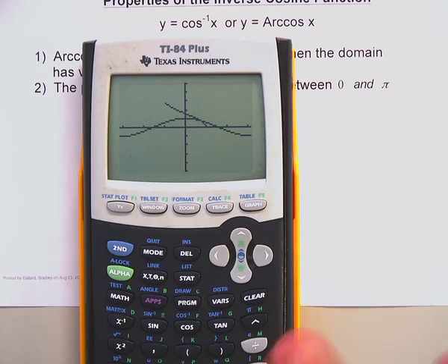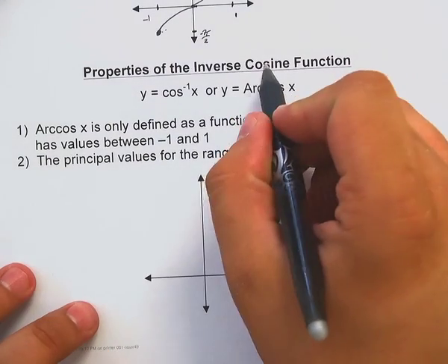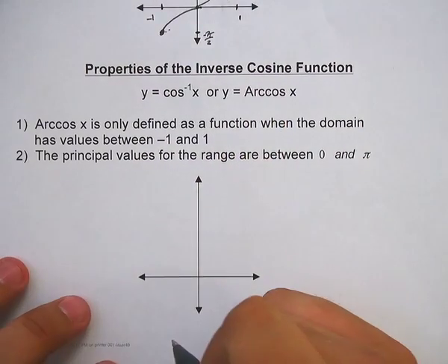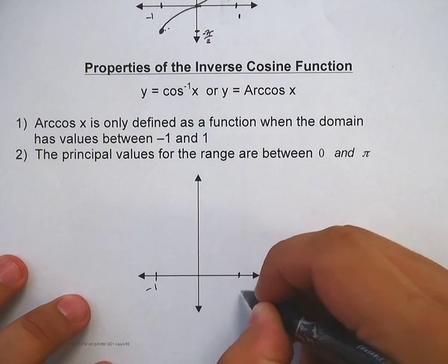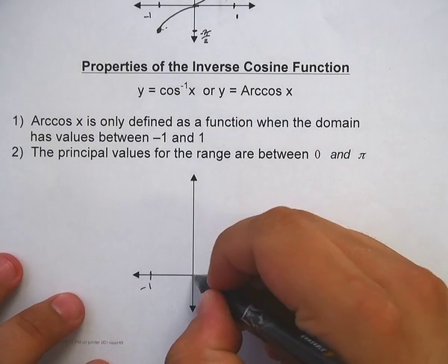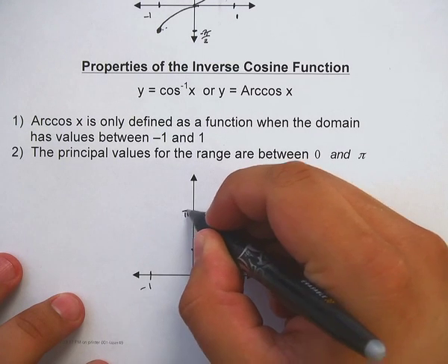We can't have this as a non-function, because we are talking about the inverse cosine function. So here's -1, here's +1, 0, pi over 2, pi,